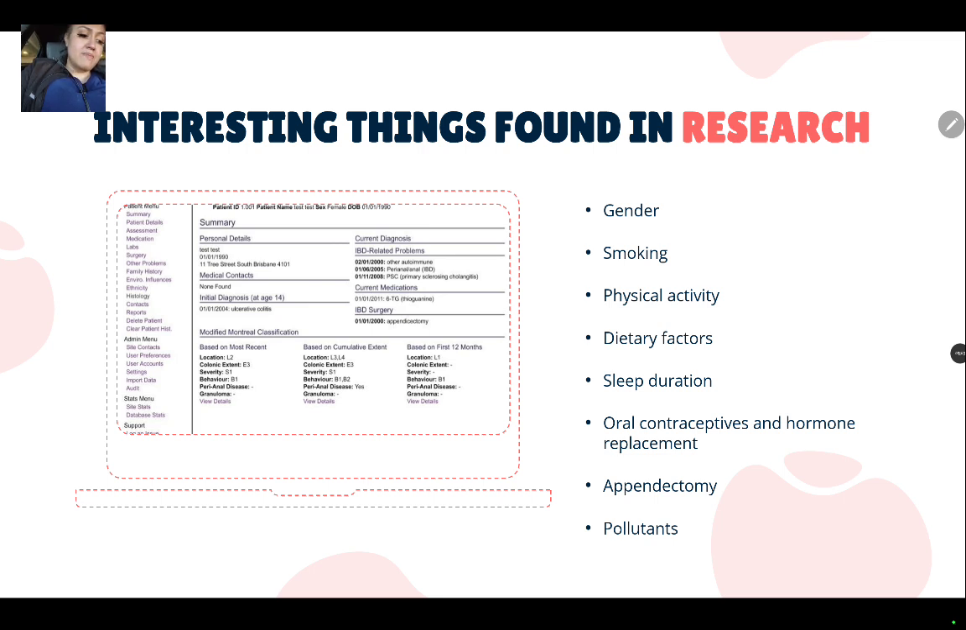Sleep duration. Some studies have shown that sleep deprivation has been associated with an increased risk of ulcerative colitis and disease flares in patients with IBD in general,